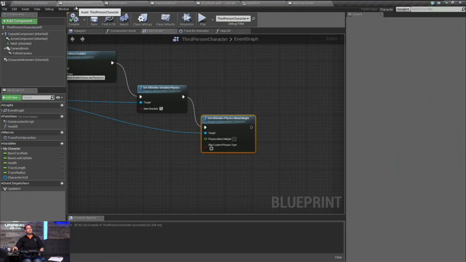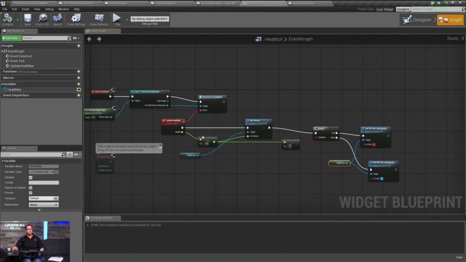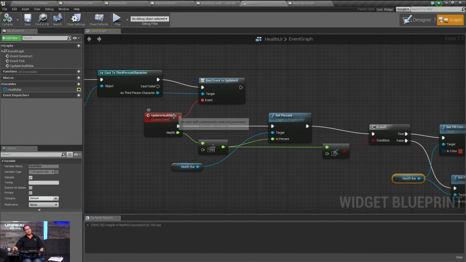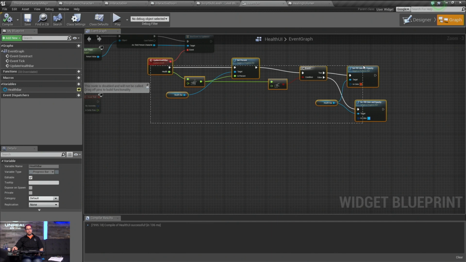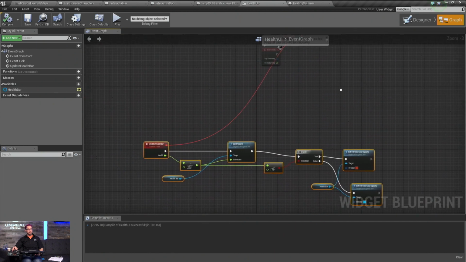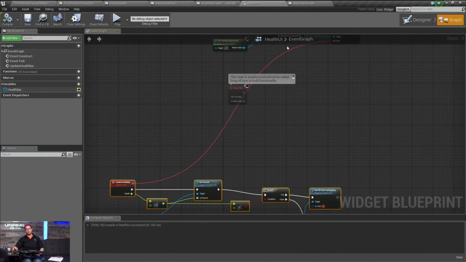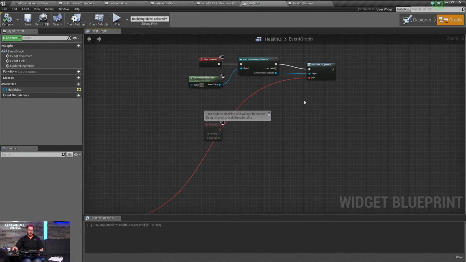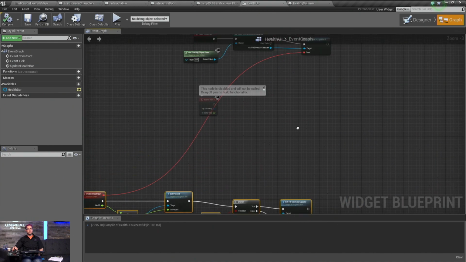Next, any tricks to manage all of those event blueprint wires and keep it pretty? I think somebody asked this earlier in the forums, and I told them what to do, but I guess I should demonstrate it as well. So over in the UI, we did this bind. Now you have to have this event wire. This is just how it goes, right? Now, if you end up in a situation where you had to have this sitting over here and you didn't like having the wire, like sometimes these wires get really long,